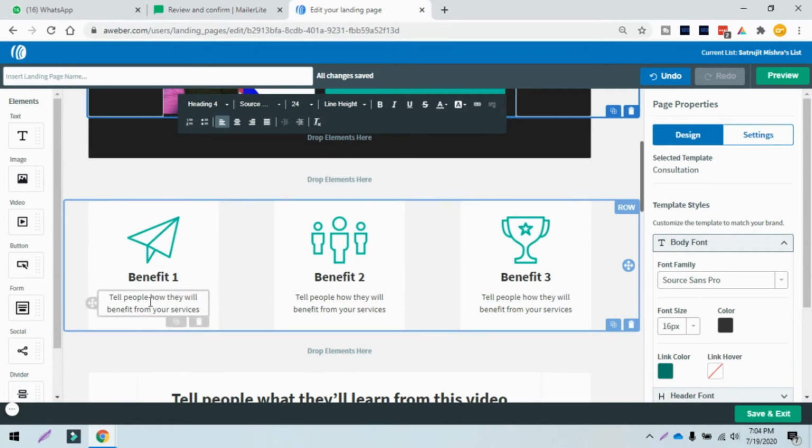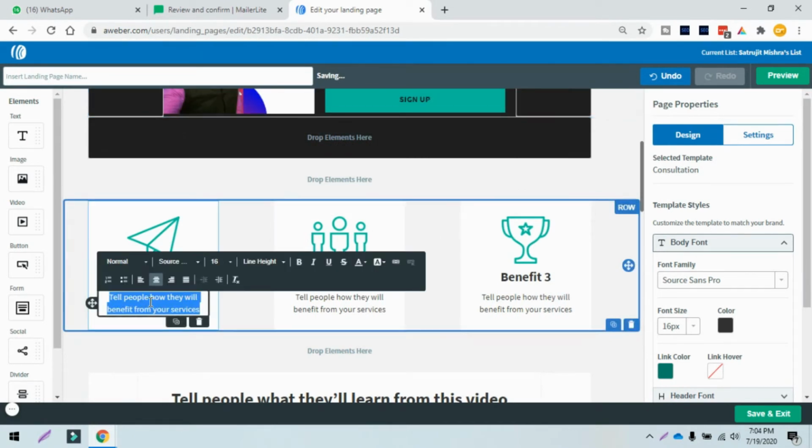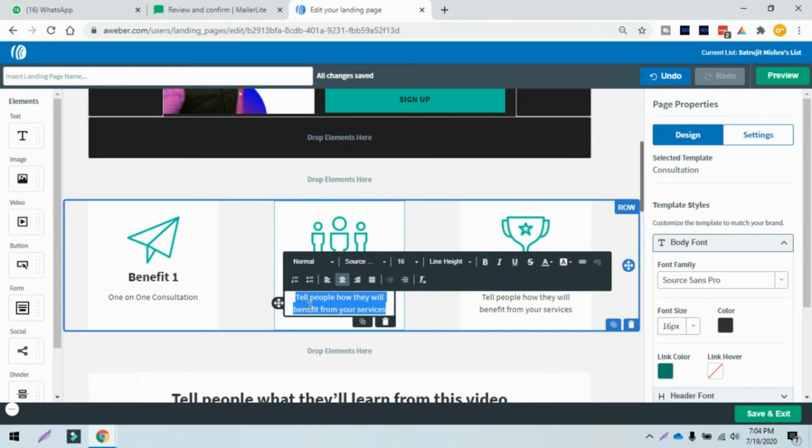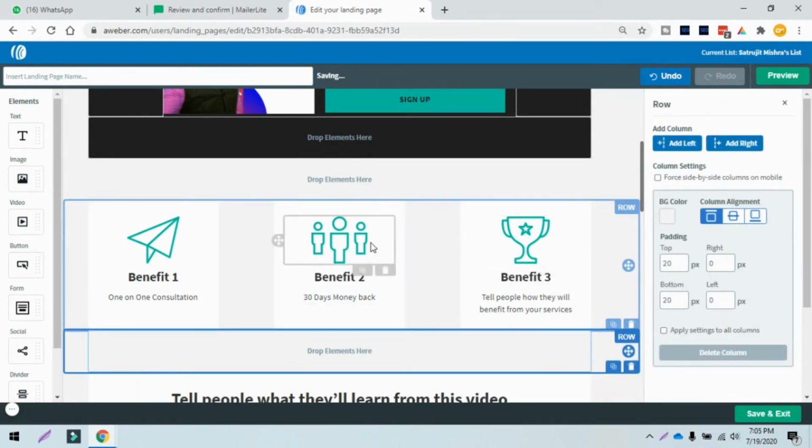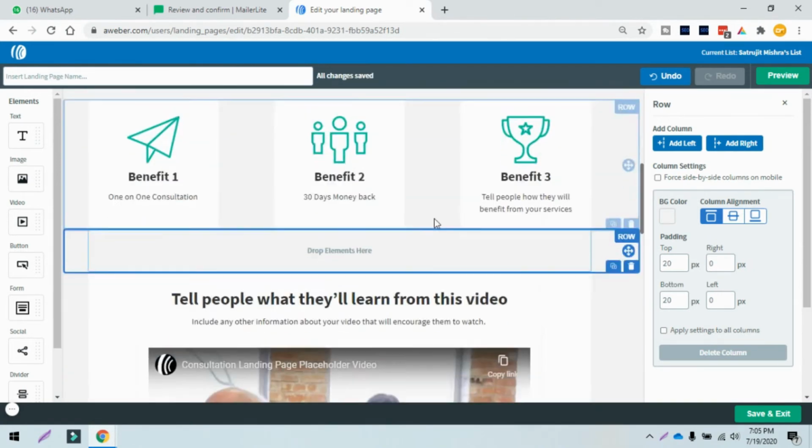Let's say you want to add a benefit like one on one consultation, 30 days money back. So basically anything that you want to add about your program or your particular product or service, you can add it over here.